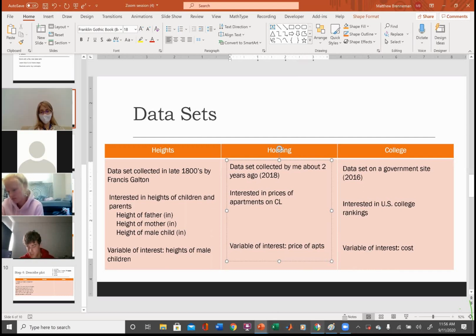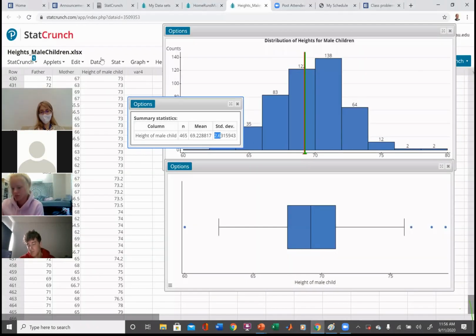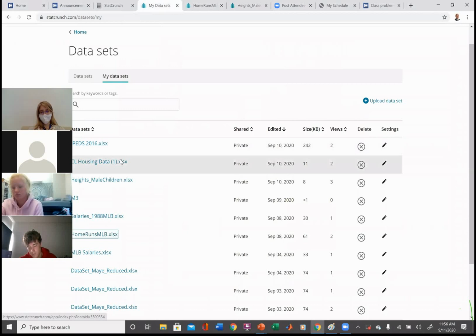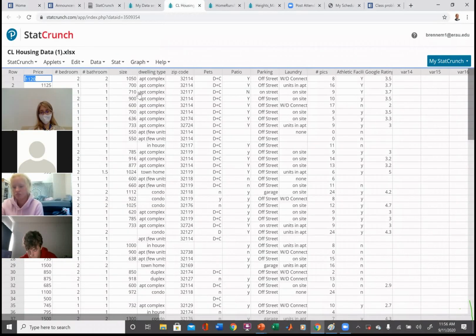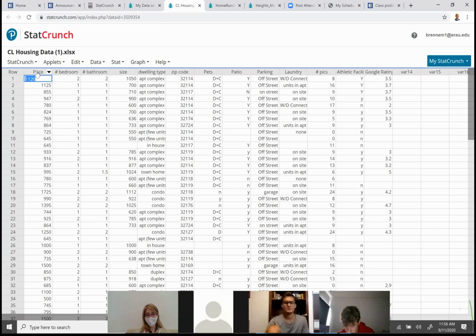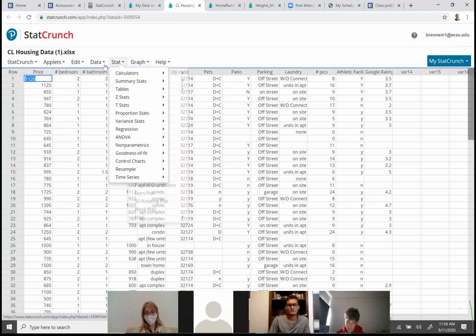And so let's go ahead and look at that data set. And here we are. Again, I'm going to go ahead and I want to inspect the data values, all right? So this is price, the first column, what I'm interested in. And I'm going to go ahead and sort.